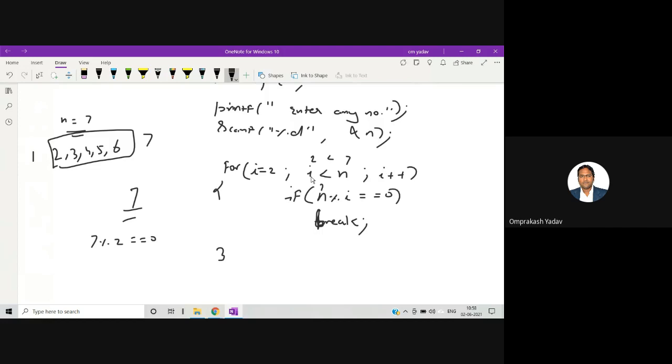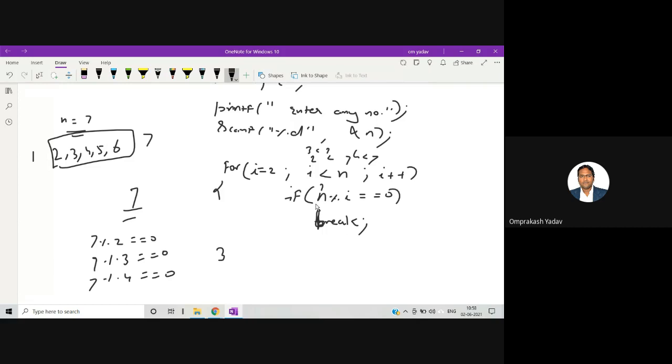It will increment, so now i will become 3. Is 3 less than 7? Yes, it will go inside. Now it will check whether 7 mod 3 is equal to 0. No, so it will not break. The 3 will now become 4. It will check whether 4 is less than 7. Yes. It will check 7 mod 4 equal to 0.